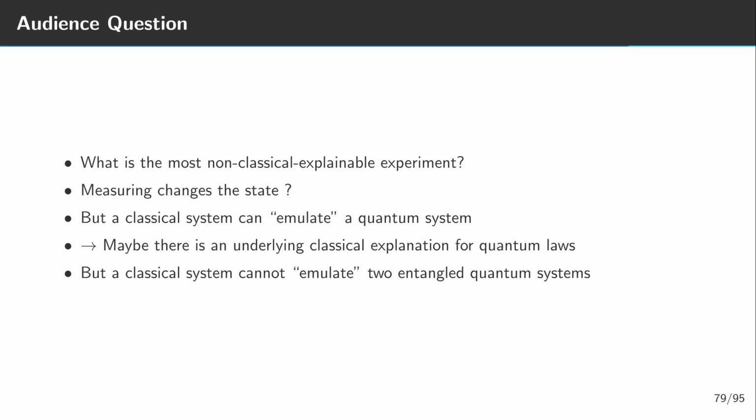The typical interpretation is that it is the measurement itself that changes the system. But it is easy to imagine that it's just the magnetic field that changes the system, and there's another way, without magnetic fields, to measure the spin that does not change the system. It is not impossible that beneath the weirdness of the spin of the silver atom, there is a classical system that explains all of it. In other words, we could build a classical machine that acts just like a silver atom or another quantum system. But I will show you in the next section that we cannot build a classical machine that acts just like two entangled quantum systems.